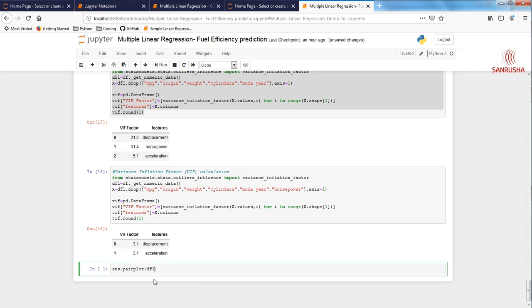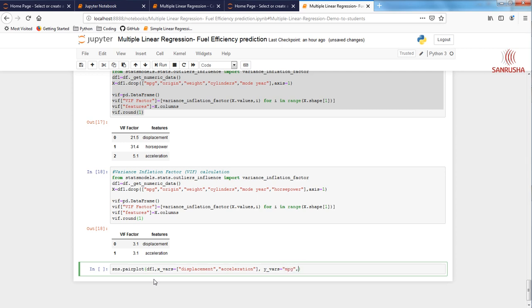Pair plot df1, and x values are going to be displacement and acceleration, and y values is going to be our MPG.